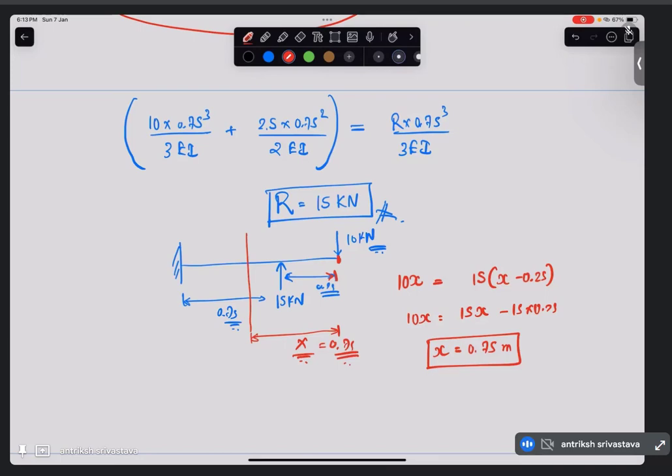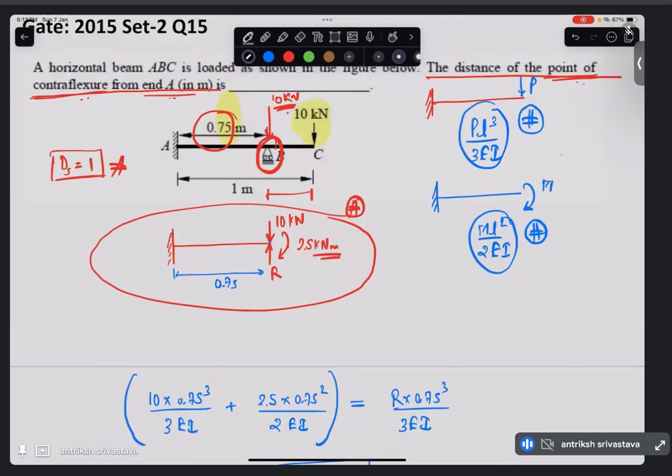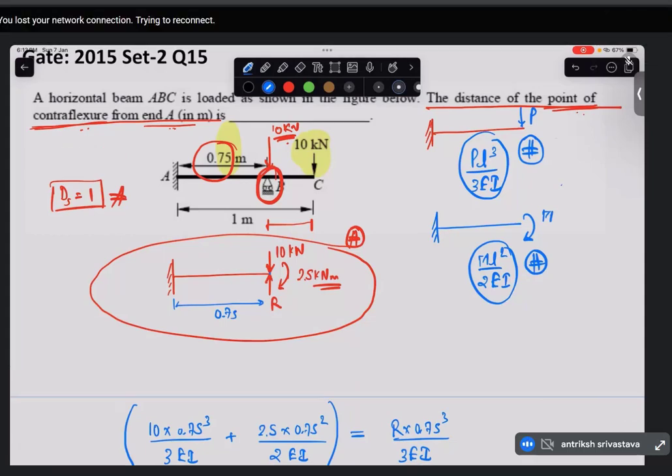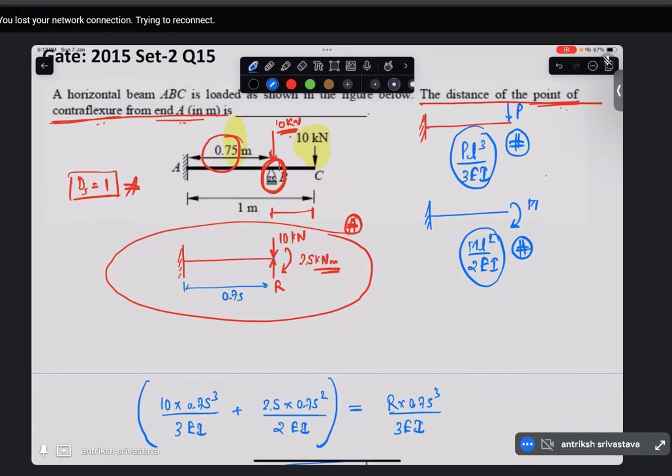But the question again has a trick. This is a cheap shot actually, because most of the people would have got this question wrong only because they were in a hurry and didn't read that they're asking from the end A. So even if you did all these things correct and you just put the x value as 0.75, you would